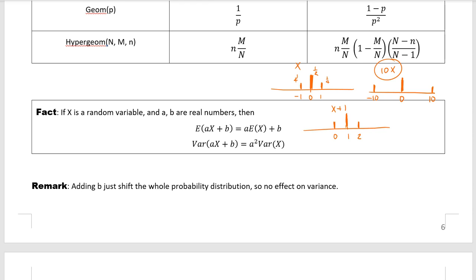Alright. So the first thing tells us that the mean of the new random variable equals a times the mean of x plus b. And then the variance of the second random variable is a squared times the variance of x. And you can see here there's no b in the formula of the variance, because the variance just measures how close the data is. If you move the whole set of data to the right or to the left, it wouldn't change the